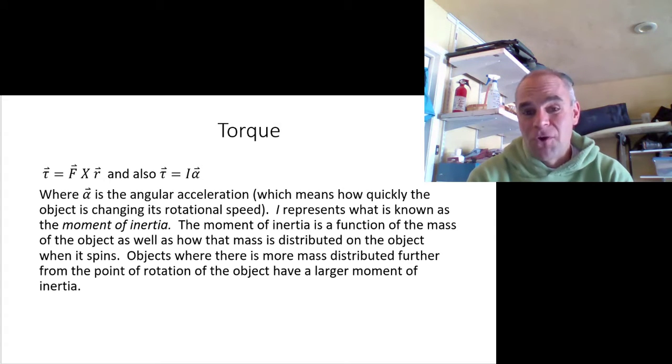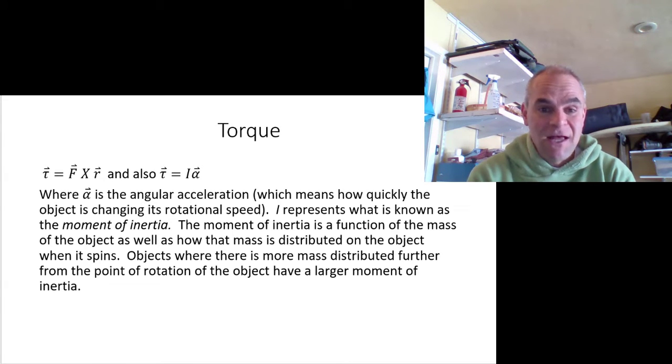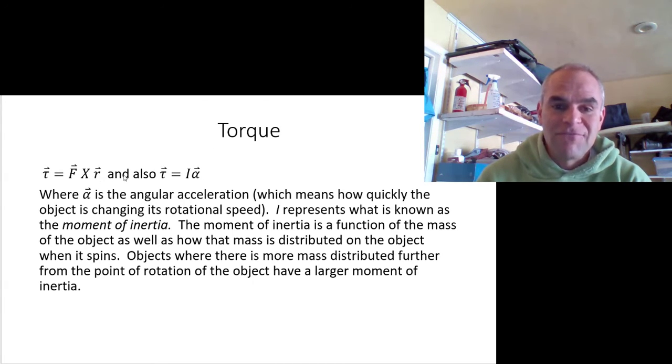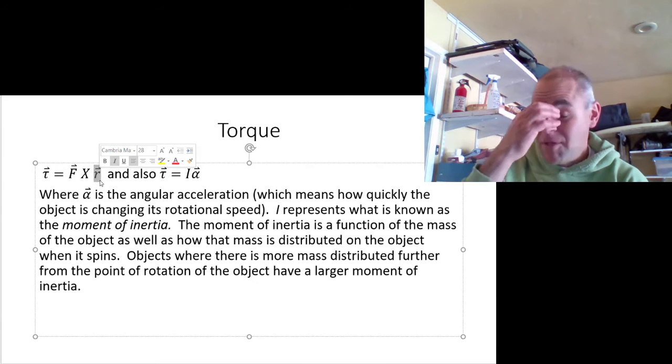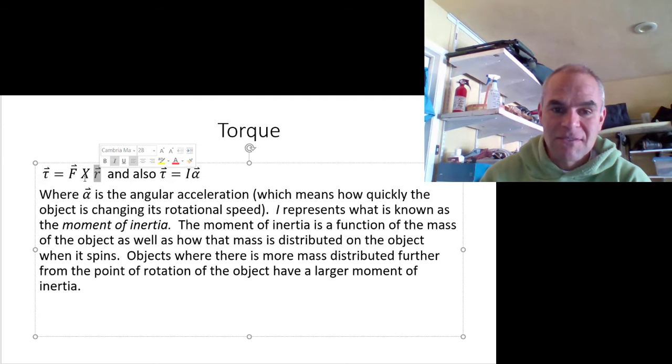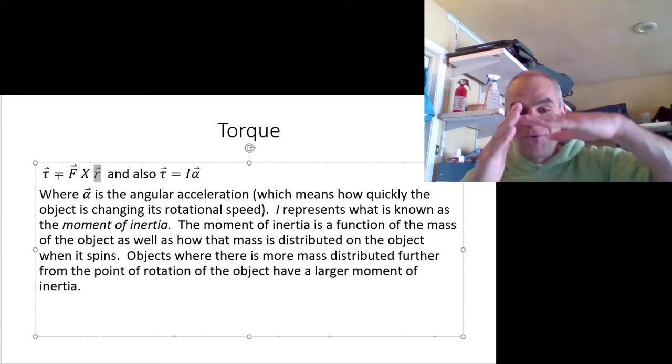And there are two equations for torque. There's the one that was just mentioned in the previous slide, where torque is equal to the force, the cross product (that's what this x refers to) of the force and the distance from the center of rotation at which the force is acting. And those two, remember, have to be at right angles. That's what that x tells us, that those two have to be at right angles for maximum torque. So you have to have at least some component of force at right angles to